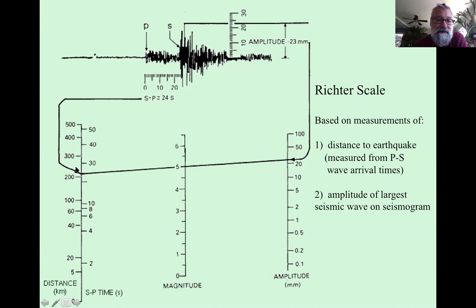And if we get that, we can plot here our distance, which we determined from the P wave and the S wave arrival times. And then we get the amplitude in millimeters from the departure from the mean. And once you plot those, you connect them, and where they cross this center graph, that will give you the magnitude. And the advantages to this one,